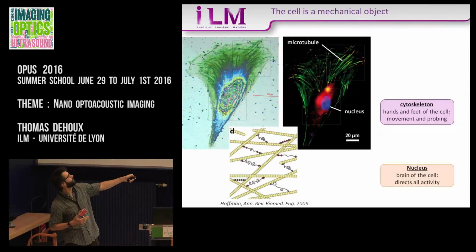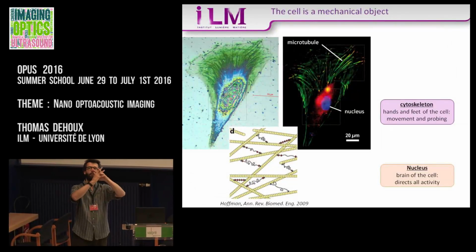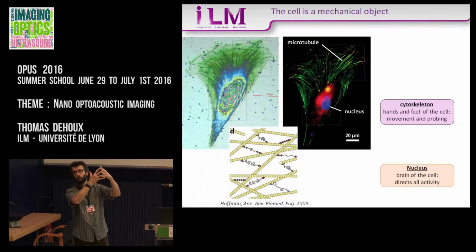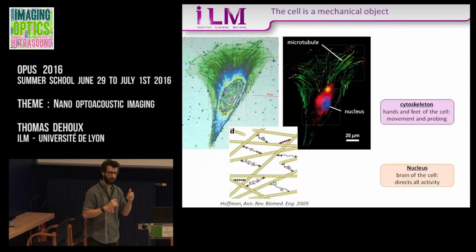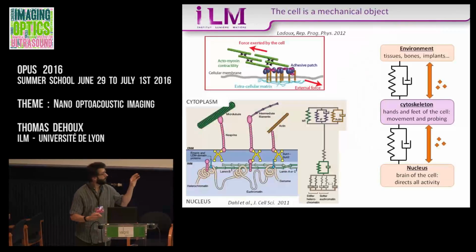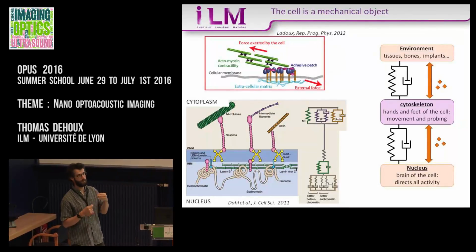It's obvious in the cytoskeleton. And these fibers are entangled, and they form a highly cross-linked network that can, for instance, in the nucleus, open or close to regulate gene activity, or in the case of the cytoskeleton, that can assemble or disassemble in order to change the shape of the cell and allow it to move. And these two components are linked together by mechanical and chemical links that allow them to communicate through these two